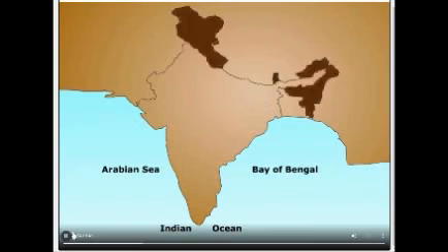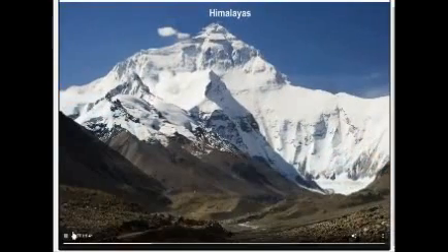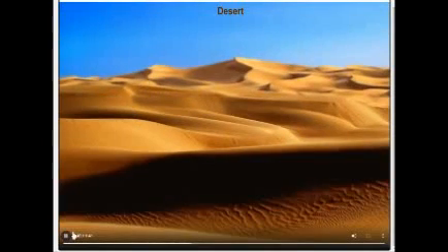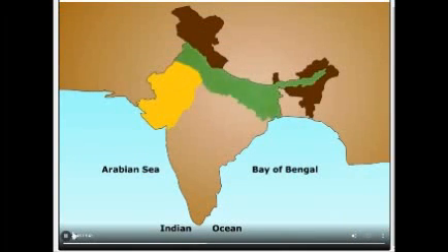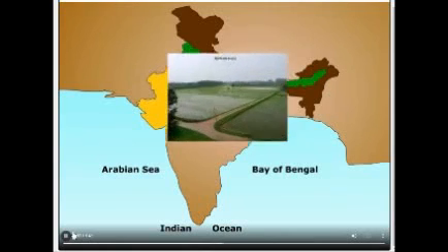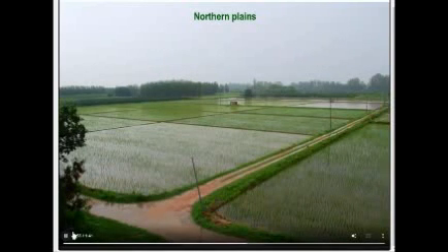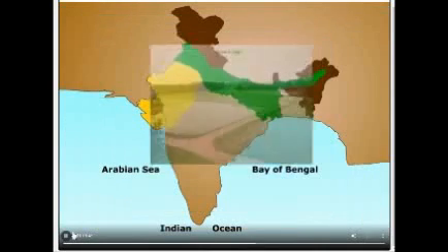The Himalayas, young fold mountains, run in a west-east direction from the Indus to the Brahmaputra. The Indian desert is an undulating sandy plain covered with sand dunes and receives very low rainfall. The northern plains, about 2,400 km long and 240 to 320 km broad, are a densely populated and agriculturally productive part of India.